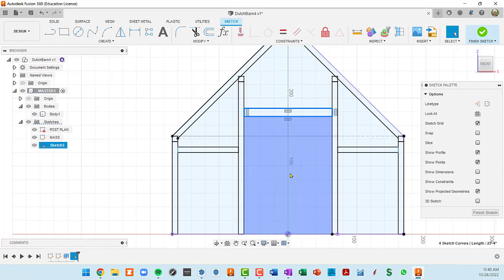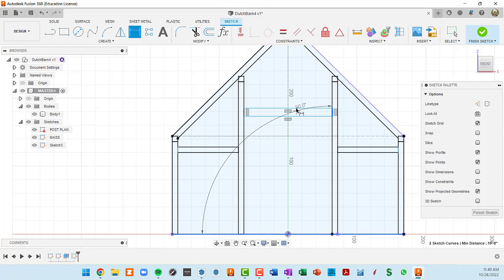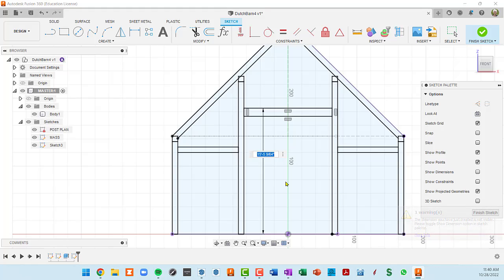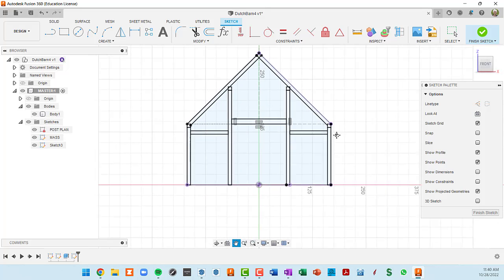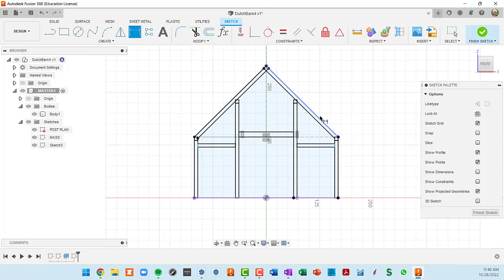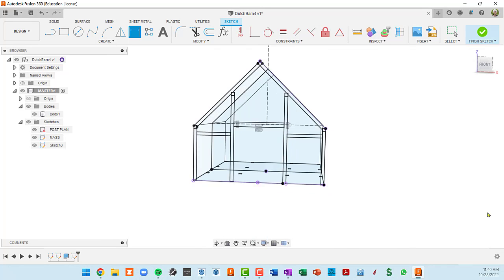So I press D for dimension, click here, click on our floor. Oh, I'm getting an angular dimension here again. Okay, that's what we want. So I'm going to click, and now I can enter in a dimension, and that's supposed to be 13 feet to the top of this tie beam. So I'm going to type in 13 feet, enter, and everything is black here. The entire sketch is constrained. So I'm going to finish this sketch,